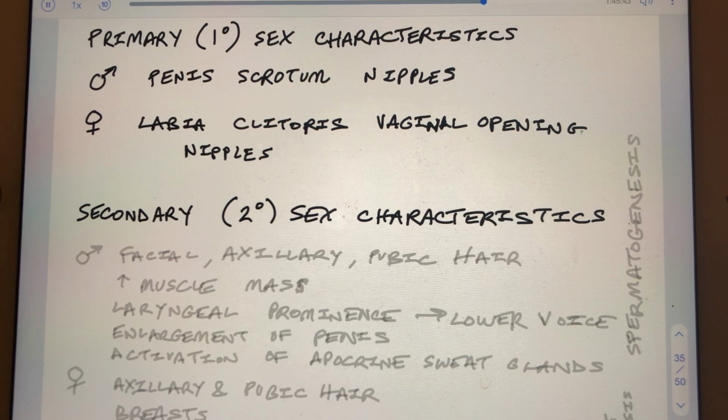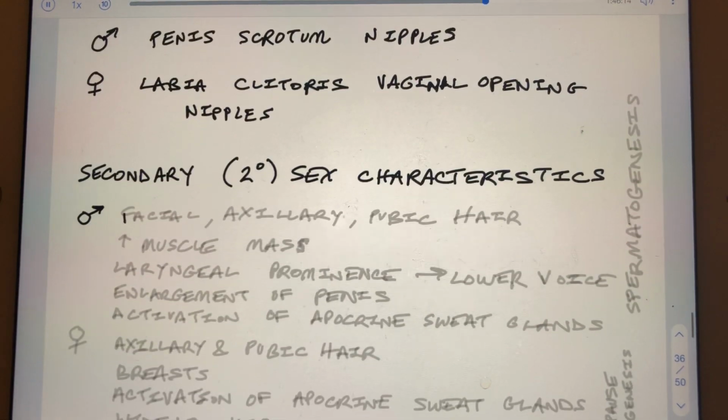Because males start out as females, and it's not until maybe week 7, week 8-ish of development that, if we're coded to develop as male, we veer off of the female tract and head down the male tract. And those few weeks give us enough time to form nipples. Isn't that cool? I think it's cool. All right. Whereas secondary sex characteristics for males,